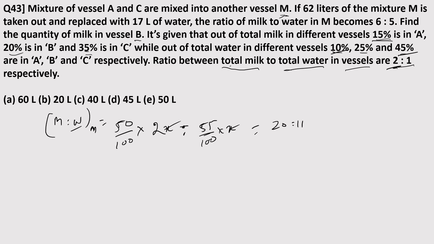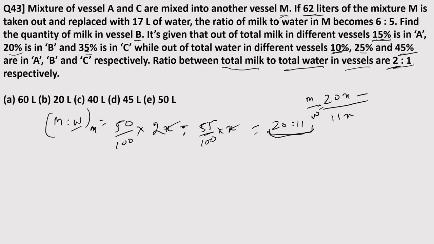Okay. Now 60 liters taken out. Now tell me one thing, guys. This part I can say 20x and 11x, this is milk and this is water. Now from this, 62 liters of mixture is taken out. That mixture will also be in the ratio 20 to 11, because it is taken out from vessel M. If I break 62 in the ratio 20 is to 11, it will be 31 units is 62, so 1